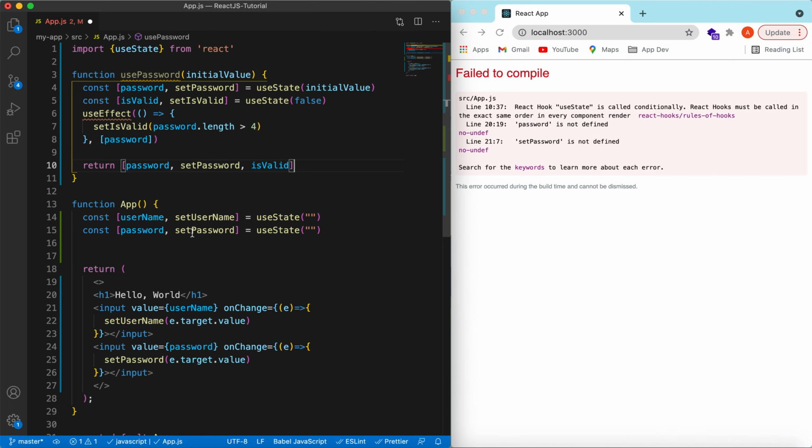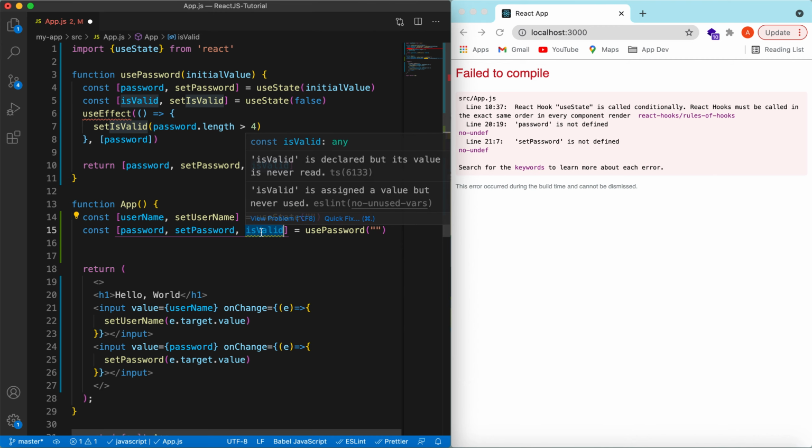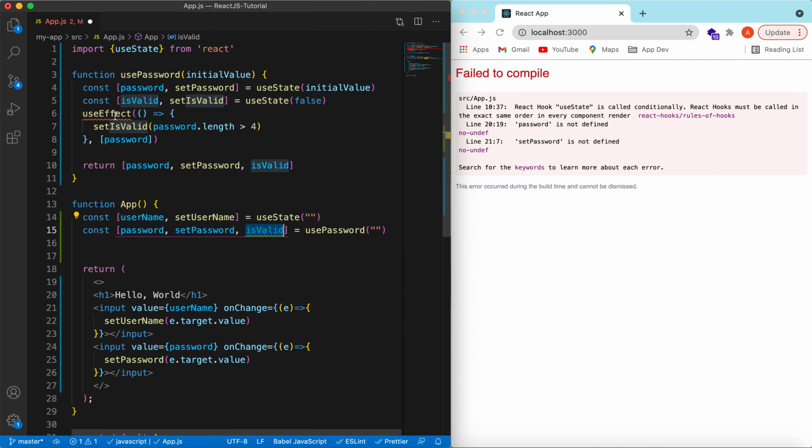And where we have to use it, instead of useState, we will be saying usePassword, right, and passing in the initial value, that is empty. And the return value is password, setPassword, and the third variable is valid. So we can add a third variable here as well. So it is checking whether the password is valid or not. The useEffect is not yet